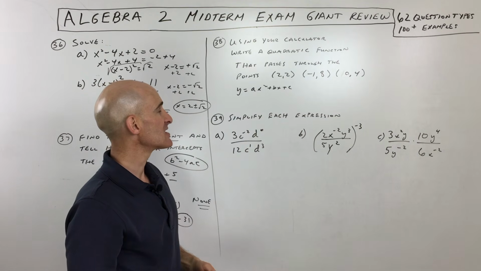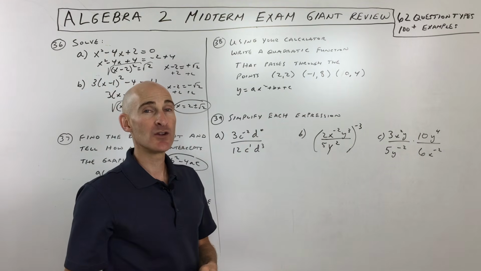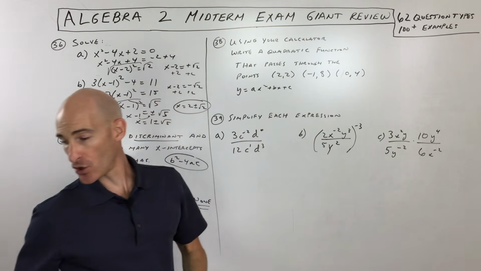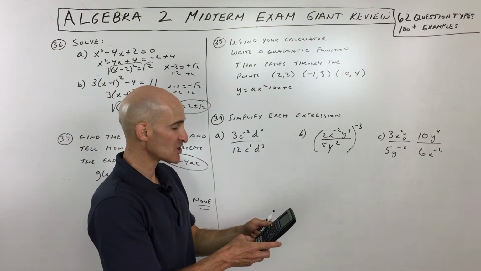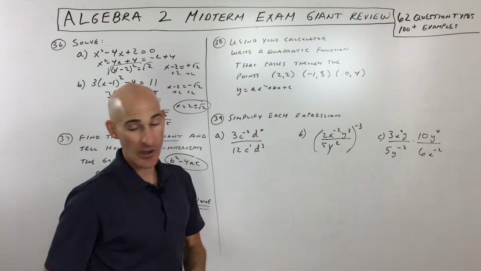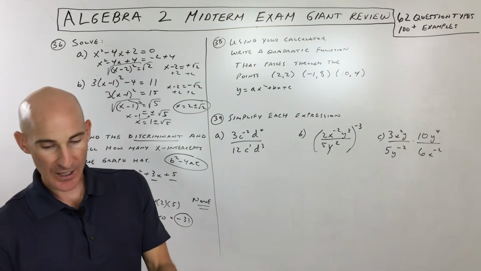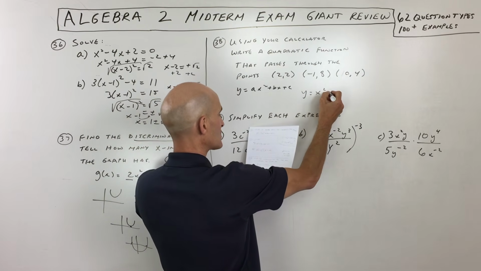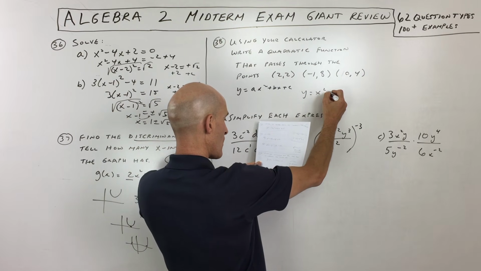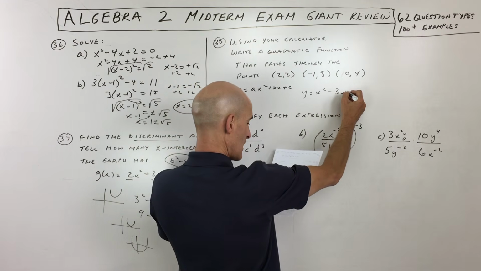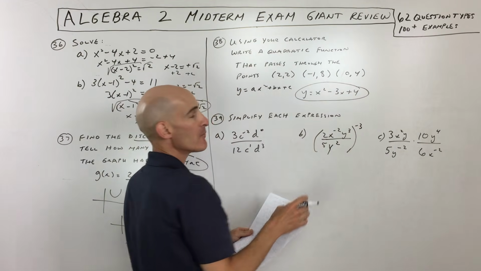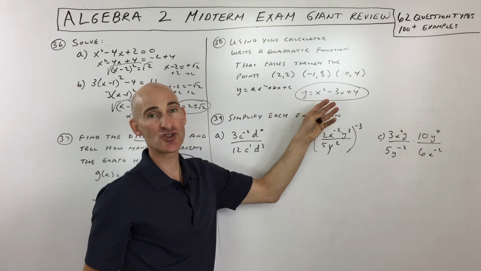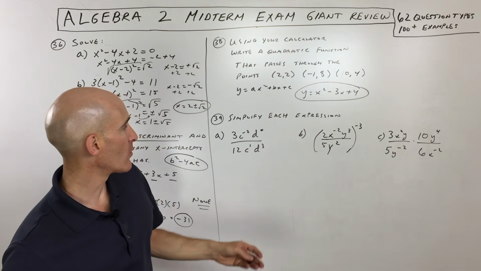There's a lot of different techniques, but I think I'm going to direct you to the video that I did on writing the equation of a quadratic given 3 points. So you can check out that video for a little bit more information. See if you can do this on your own. I calculated this a little bit earlier here for us, and it looks like the equation should come out to y equals x squared minus 3x plus 4. So that's what you should get. But if it's multiple choice, you can always try plugging the points in and making sure that it makes the equation true for all 3 points. That's another way to approach it.